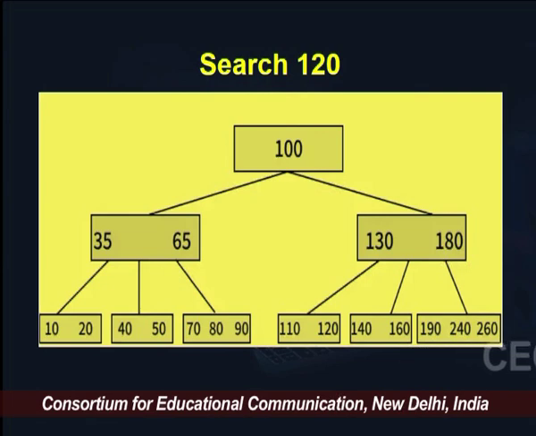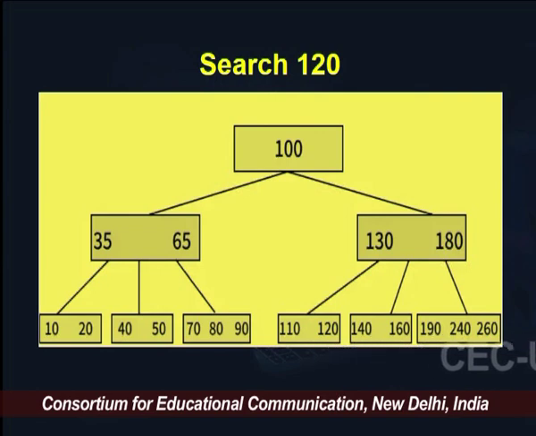So, here we have a tree which has 3 levels. The first level is the root level, 100, and then the numbers are arranged in the search tree fashion, and we want to look for 120. When we compare 120 with 100, we are sure that we need to go down to the right side. On the right side, if we compare 120 with 130, which is the first one, then it is going to show us the path on the left of the